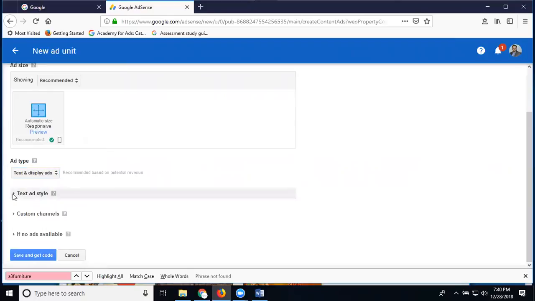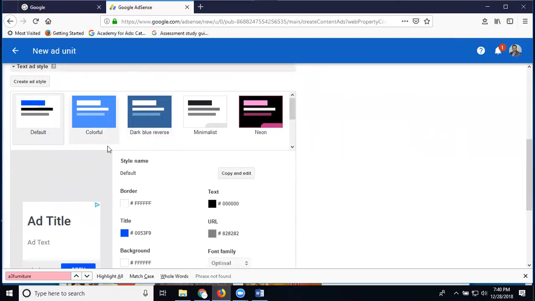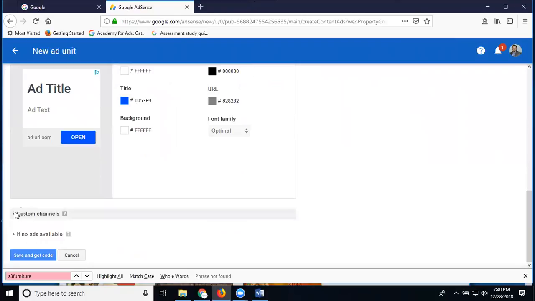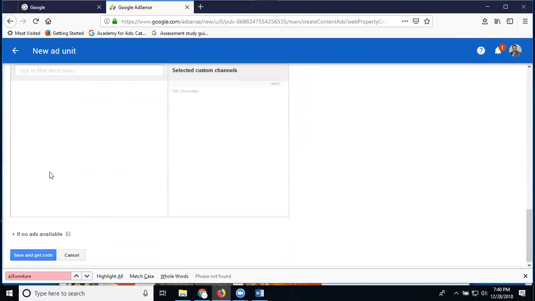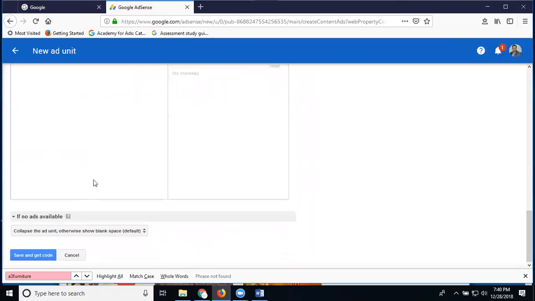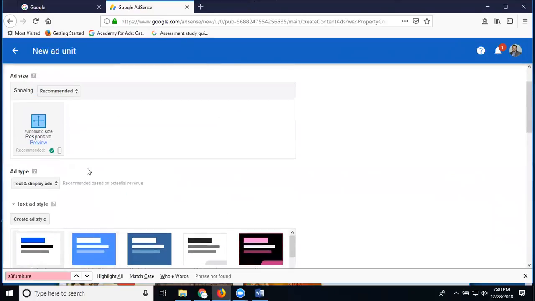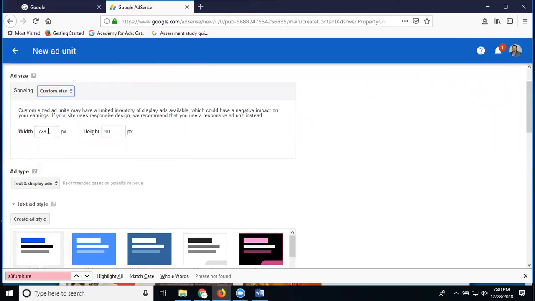You select the styles, custom channel, anything here. If you select any customized size, select it and customize the size, like 720 by 90. You make yours based on the size. You select your custom ad.